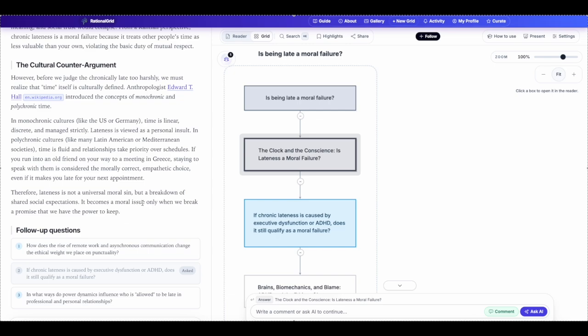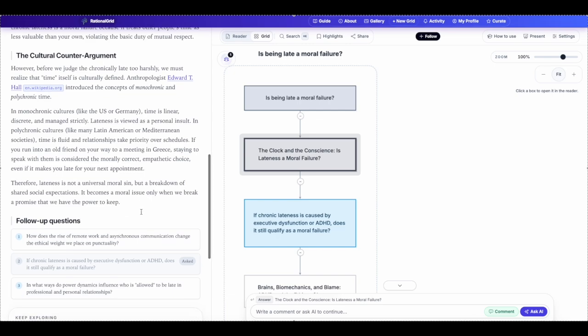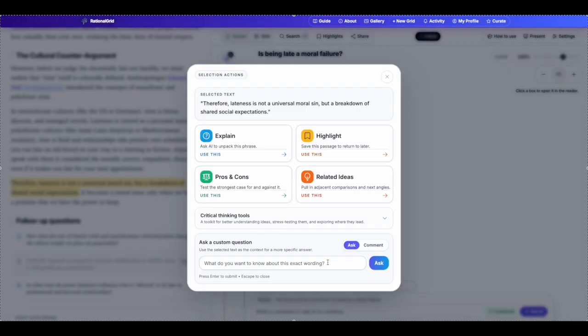Now, as I'm reading the content, I maybe want to challenge a particular statement or a particular sentence within that. So I simply select it, and I'm going to ask a question on particularly that context. This allows us to really drill down into the details of the responses and get a more specific answer to the topic we are exploring,